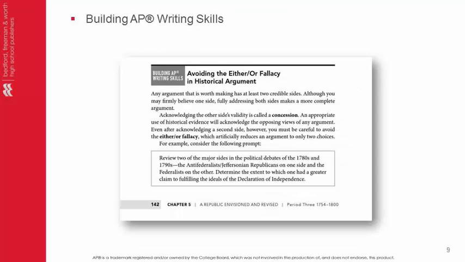At the end of each chapter is a section called Building AP Writing Skills. These sections give students some room to stretch their legs when it comes to writing. Building AP Writing Skills is a feature that shows students how to write history by integrating the historical thinking skills with useful writing strategies to form clear, coherent arguments. Each Building AP Writing Skills comes with a prompt-specific guide on how to organize your thoughts into a well-written essay.